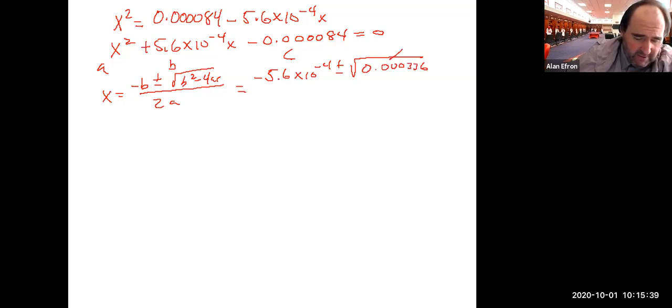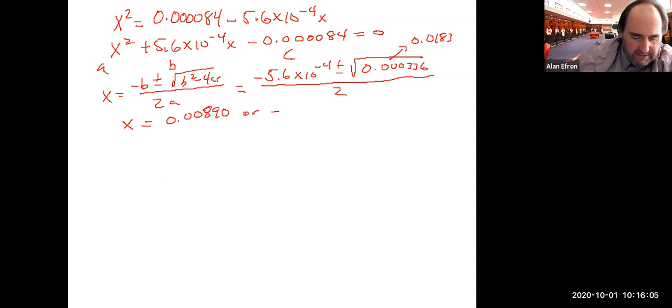Then if we take the square root of it, something like 0.0183 when you do all the numbers there, all divided by 2, which is 2 times 1. Going to give us 2 x values doing the plus and also the minus. And doing that, we get an x value of 0.00890